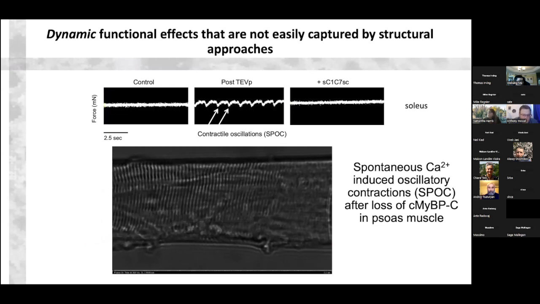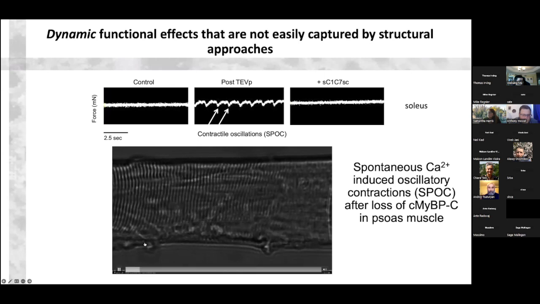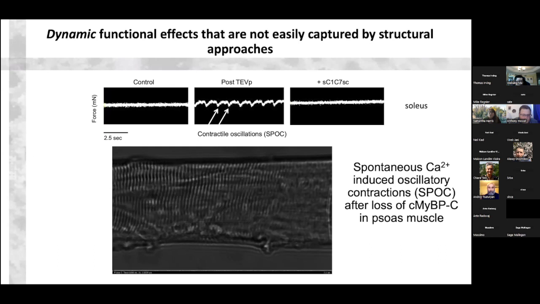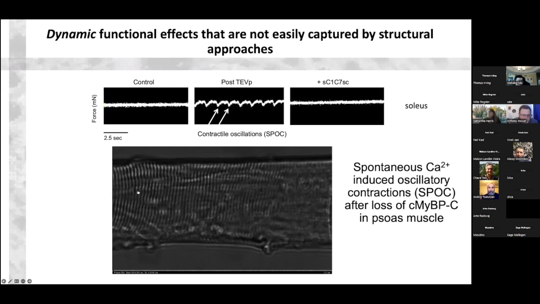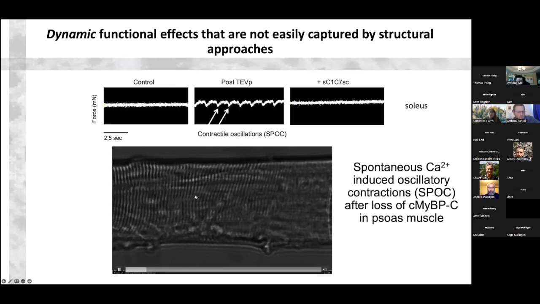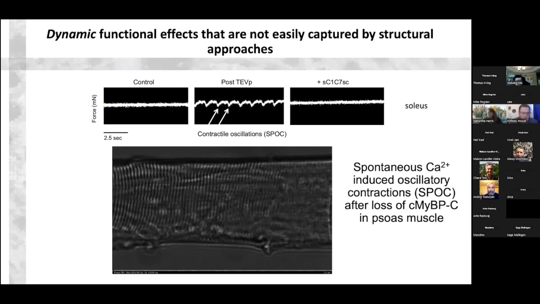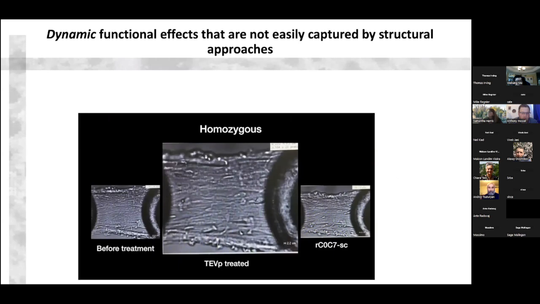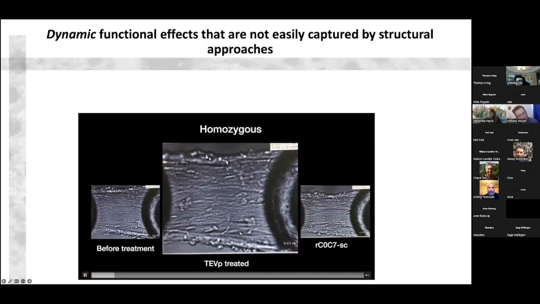I don't know if you can see it all that well. The movie is supposed to loop, but under conditions of activation, where normally you would have just an isometric contraction, in the absence of myosin binding protein C you get these waves of contraction that occur across the muscle fiber and stay as long as you're activating with calcium. I think this is shown a little bit better in this cardiac movie. What I want you to know is that there are three live videos going here, but only one is going to look live. That's this middle one, where we've treated with TEV and lost cardiac myosin binding protein C.